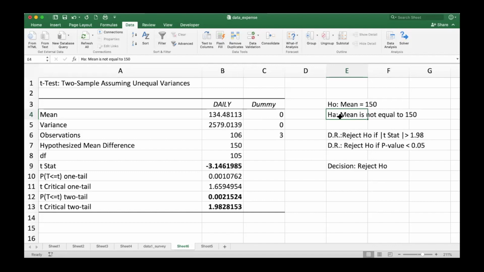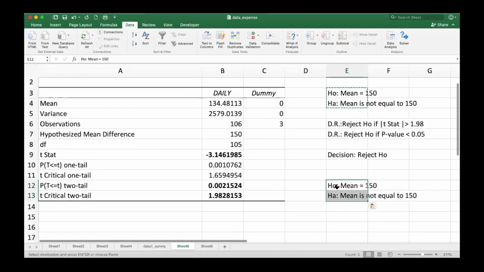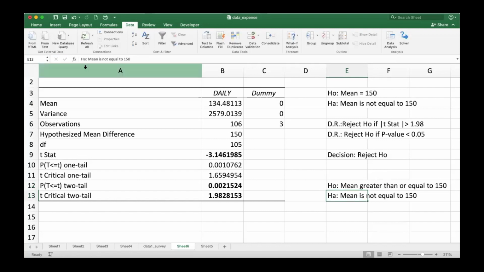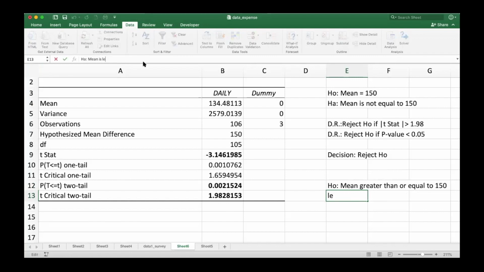So, another way of that, halimbawa, papalitan ko, instead of equal, palitan ko ha, ito pang 2 tail. So, kung mag-1 tail tayo, papalitan natin ng H null, mean is greater than or equal to 150. Sa HA naman, mean is less than 150. So, kung ganito naman, mapapalitan lang yung value natin na instead of 1.98,